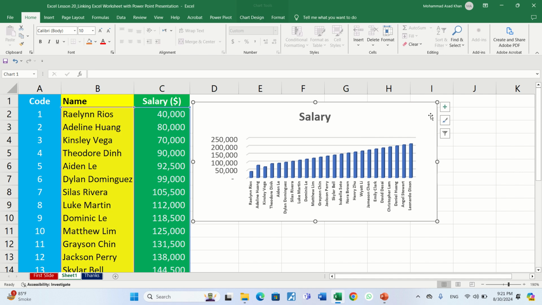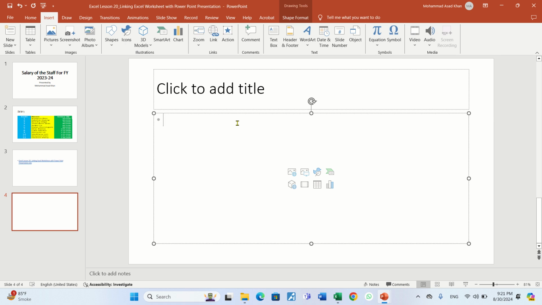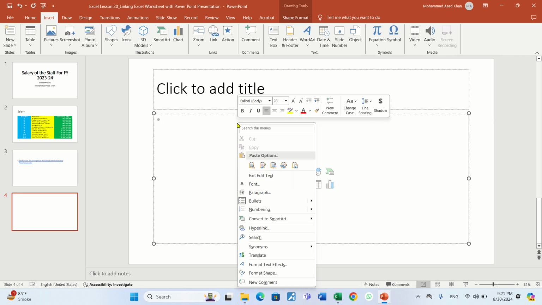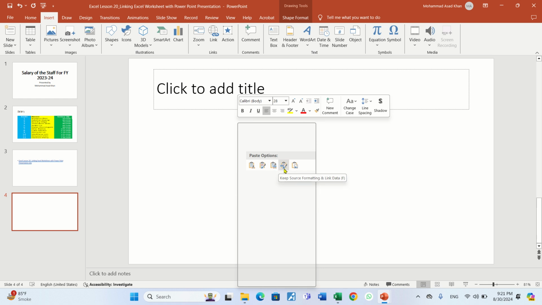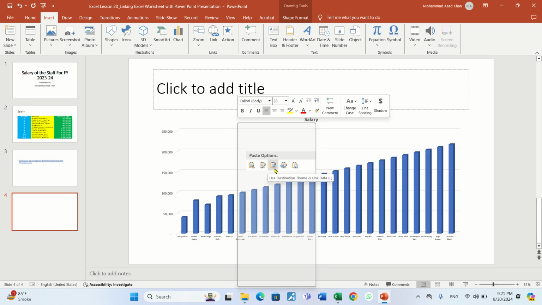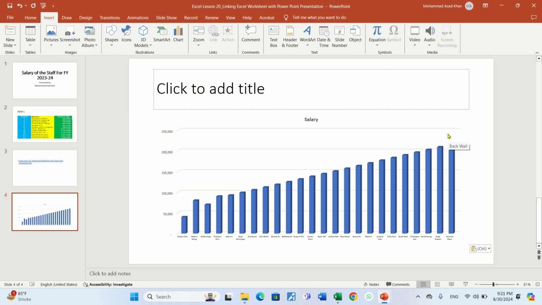Now coming to the chart, if I take it from here and copy it, Control C, and if I paste it here, again I click the right mouse button. So use destination theme and link data, and the second is keep source formatting and link data. So use destination theme and link data. I am clicking this option, and if I go there